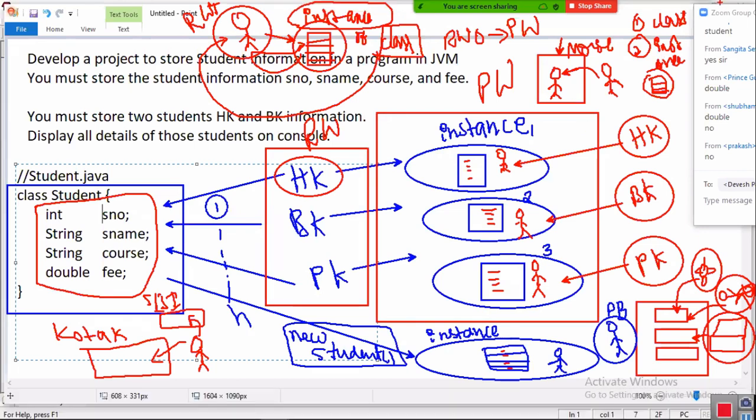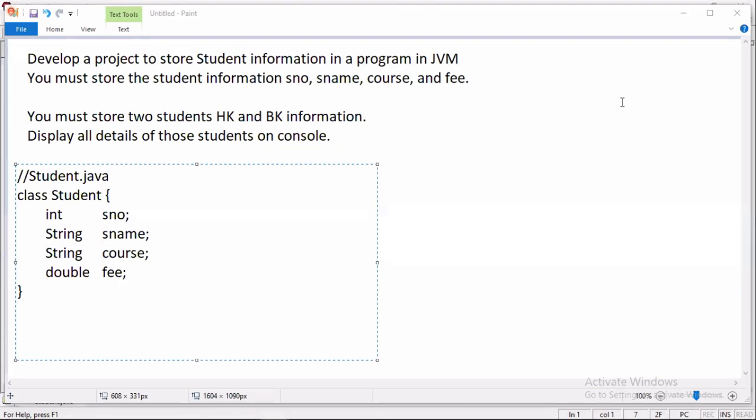Is it clear? So tell me, whenever you see any real world object, any real world business, immediately your mind should come up with these things. Number one, class. Number two, instance. Number three, store these values in this instance. Okay, tell me, you are going on the road. You found a hotel. Tell me, hotel is an object.